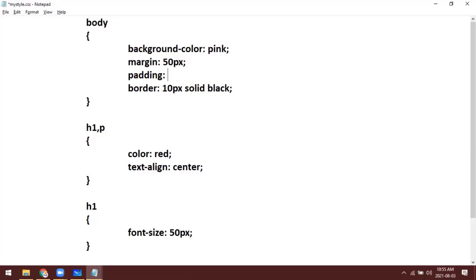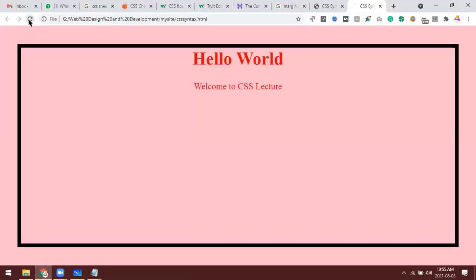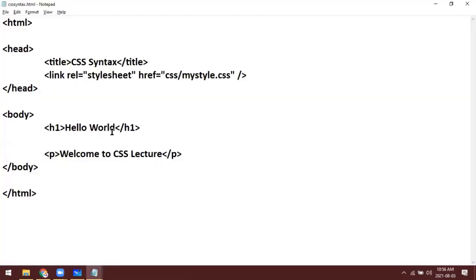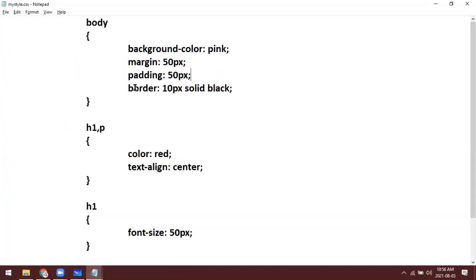So I am giving another 50 pixel, for example. Now we have the 50 pixel here.